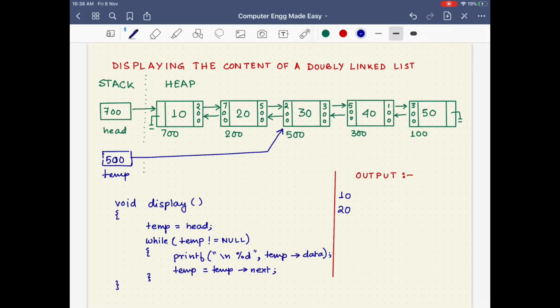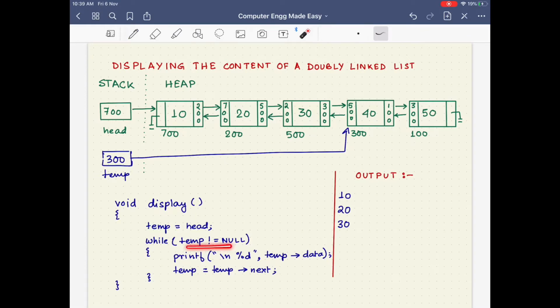Again, when we check that if temp is not equal to null, we find the condition is true, and again we execute the printf statement where temp arrow data gets displayed. Temp arrow data is now 30, so 30 gets displayed in the output, and then we execute temp equals to temp next. Again, temp next is holding 300, so this 300 will now get stored in temp.